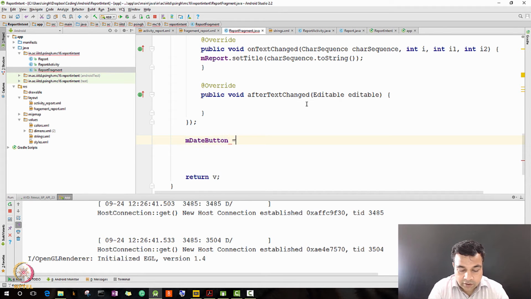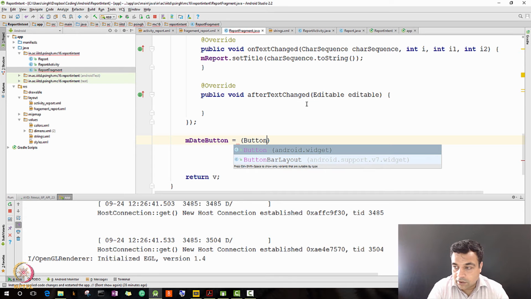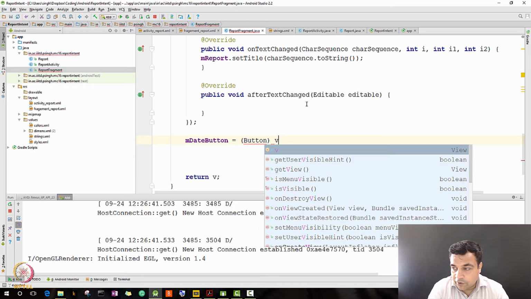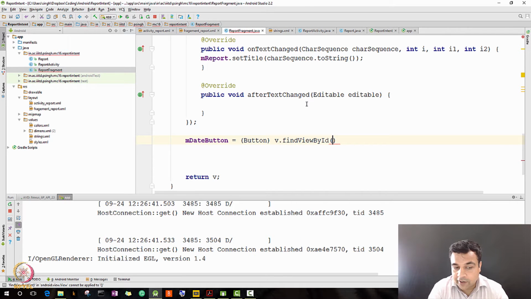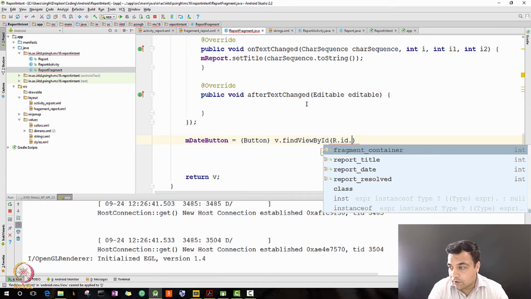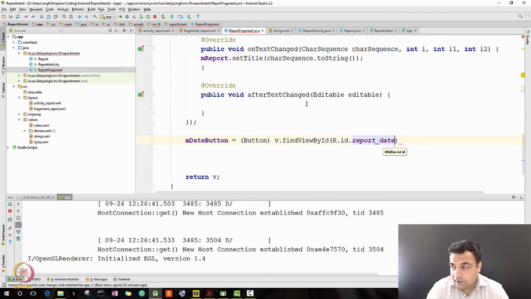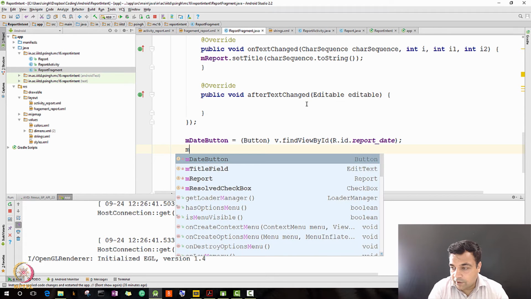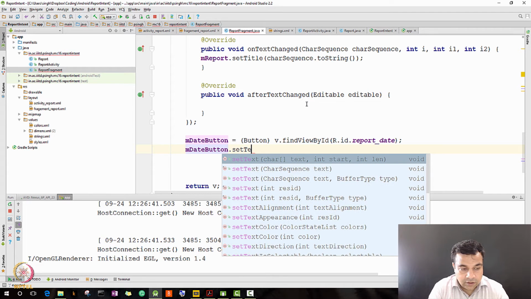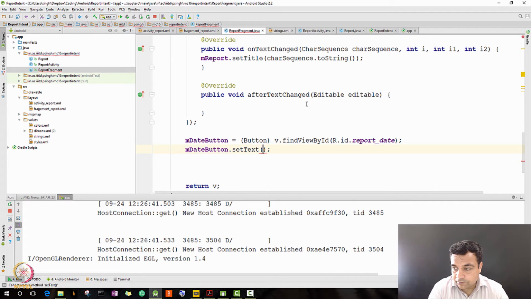So mDateButton equal to button, and we will do it by v.findViewById. Our id was R.id.report_date for the button, and then I do mDateButton.setText